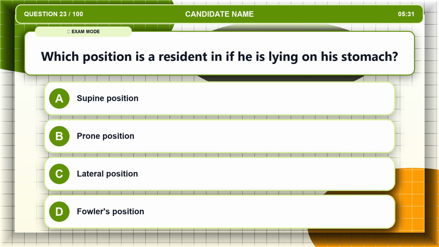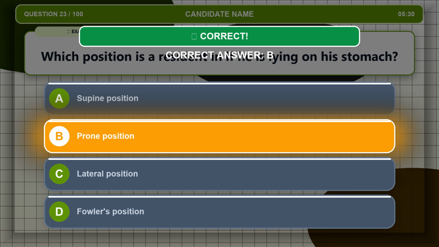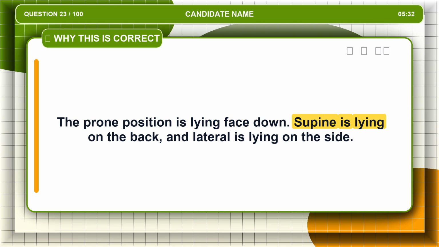Question 23. Which position is a resident in if he is lying on his stomach? Option A. Supine position. Option B. Prone position. Option C. Lateral position. Option D. Fowler's position. The correct answer is option B. Prone position. The prone position is lying face down, supine is lying on the back, and lateral is lying on